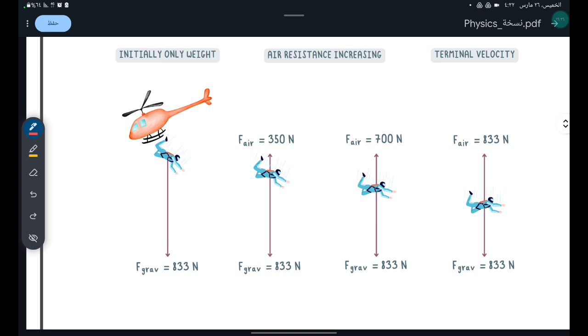This is a man free falling from a helicopter. To calculate force here, the force of gravity equals 933 N, or newtons. Force of air, the second part, force of air